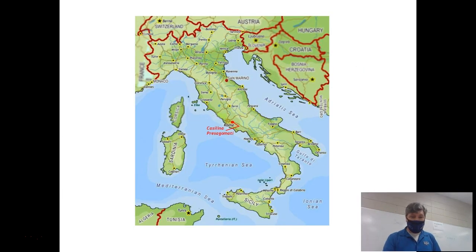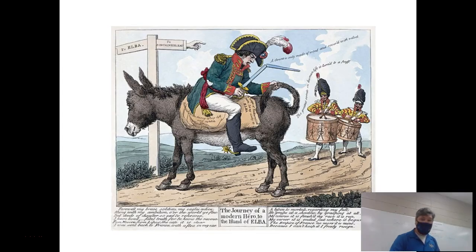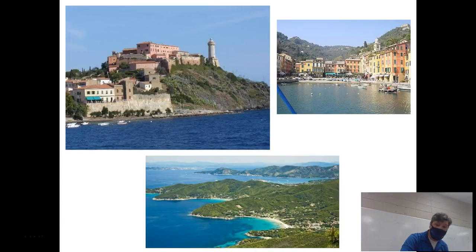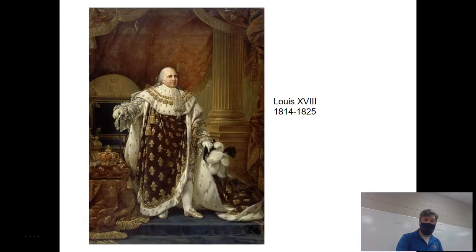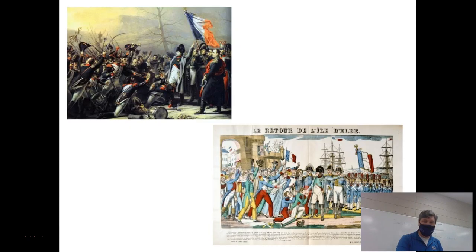But what I want you to study, Napoleon was at one point sent to a beautiful island in the Mediterranean, but he didn't stay and he tried to come back. I mentioned that earlier, and Waterloo was a result of that. Here is a caricature of him being sent away. Eventually, the Bourbons were restored. King Louis XVIII, who was Louis XVI's brother, was put on the throne. There he is, looking more like a Bourbon king. You see the difference. A little bit of Napoleonic influence there, I guess.